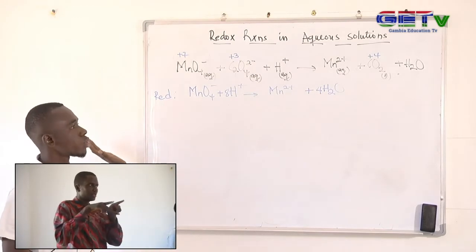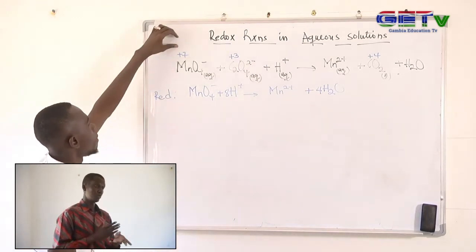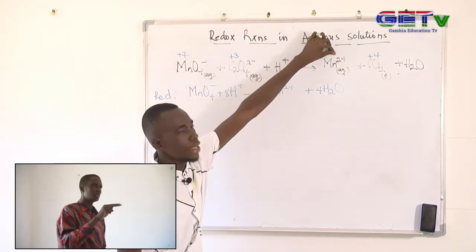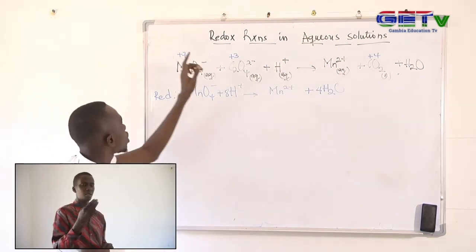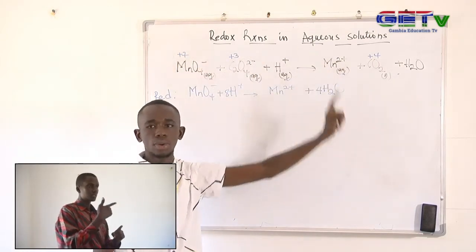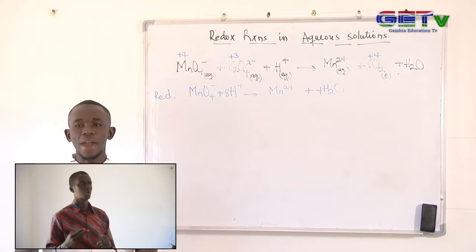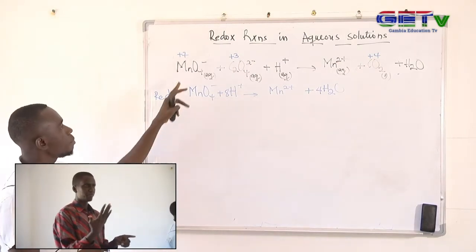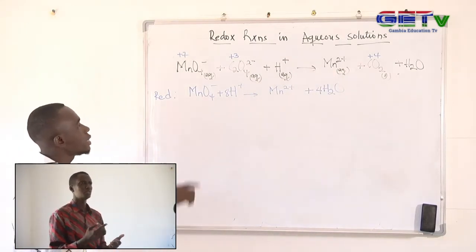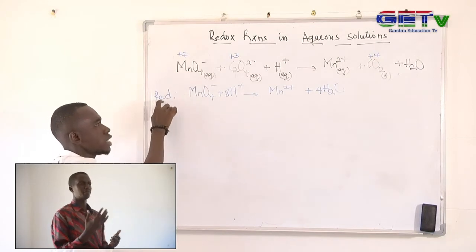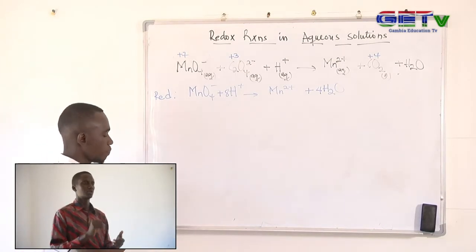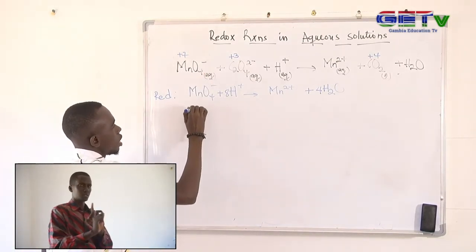We move towards the electrons. Manganese here is plus 7, while manganese here is plus 2. Now we consider the change from this plus 7 to this plus 2, which is a difference of 5. Which means the difference between this manganese and this manganese is 5 electrons. And these 5 electrons, we said it is what? Reduction. Which means it is what? Gain of electrons. So we can rewrite this equation as